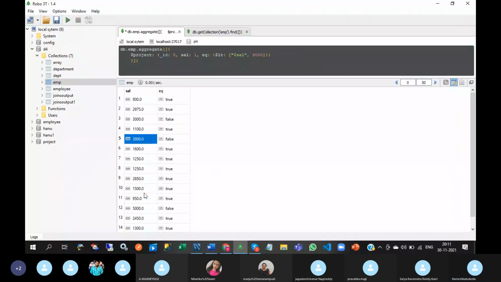Sorry, less than 3000 all are true. Equal to 3000 and above 3000 all are false. Less than or equal to 3000 means all up to 3000 are true. Greater than 3000 is false.